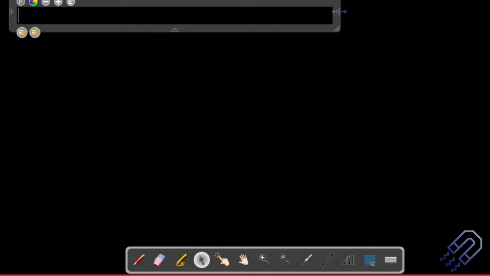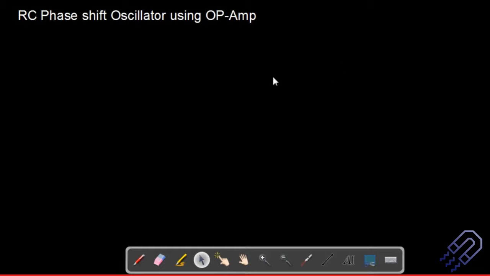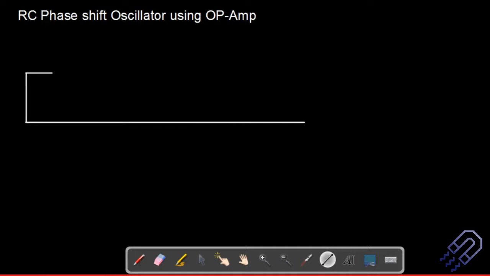The topic for today is the RC phase shift oscillator using an op-amp. We are going to use an op-amp to actually have an RC phase shift oscillator. As always, the diagram is very important, so let's try to draw this. I will just tell you that this topic is quite large and basically forms a descriptive question. But let's draw this RC phase shift oscillator. We are going to draw the entire circuit, and believe me, this circuit is not going to be very difficult, so don't worry about it.